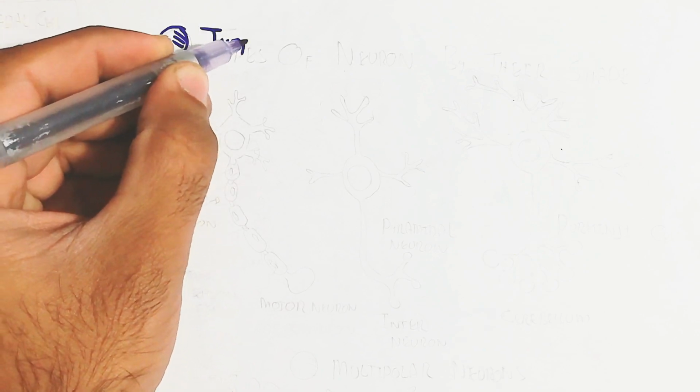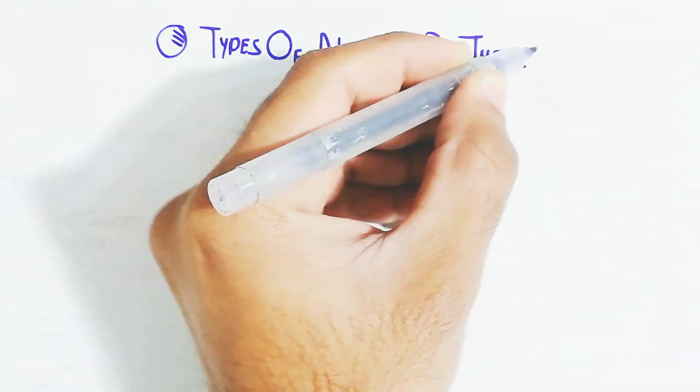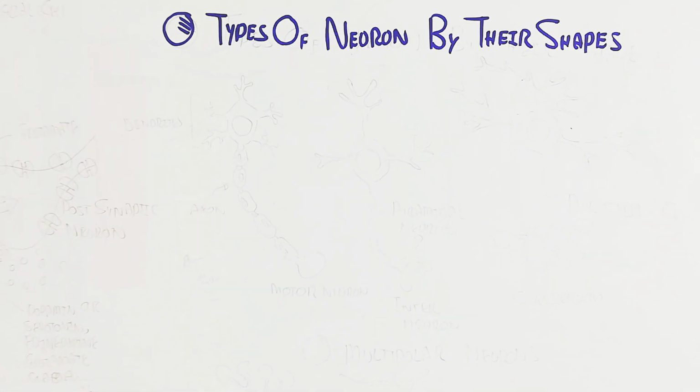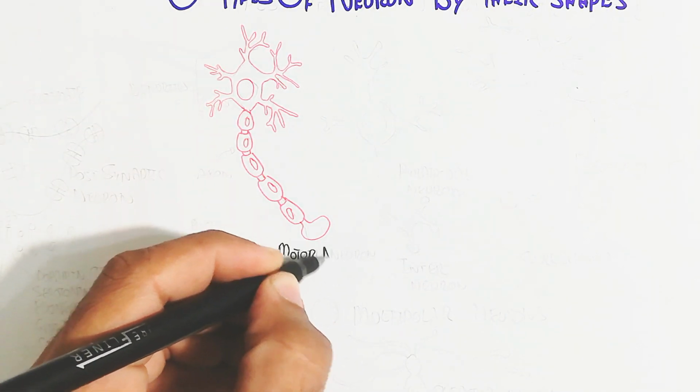Hello, in this video we will understand about the neuron. So the types of neurons by their shapes we will discuss first. Number one is the motor neuron, which is used for the contraction of muscle through the neuromuscular junction, and contains an axon